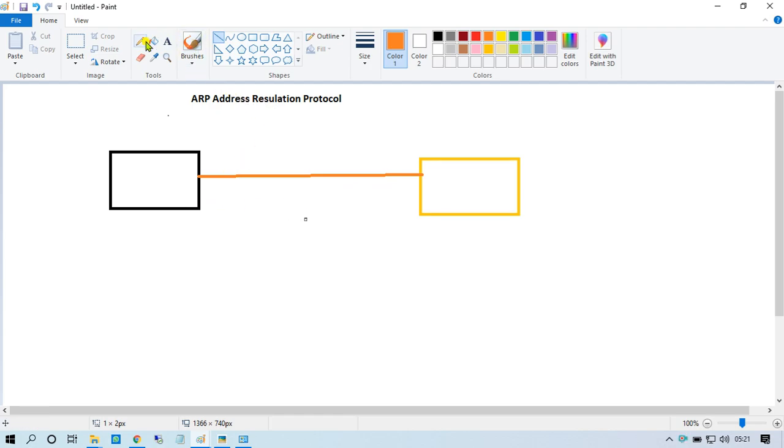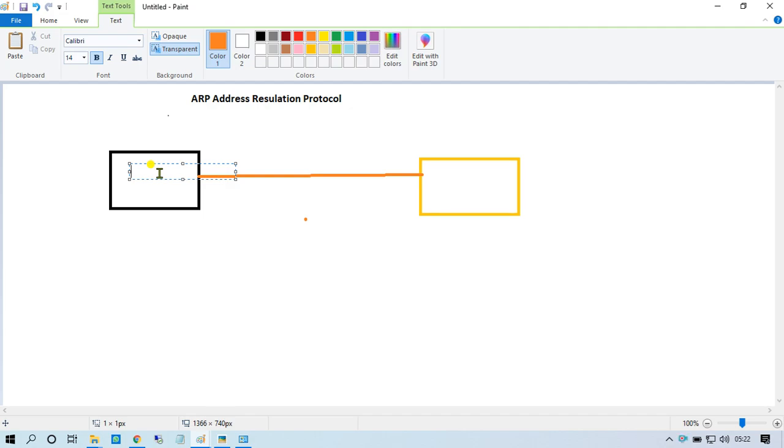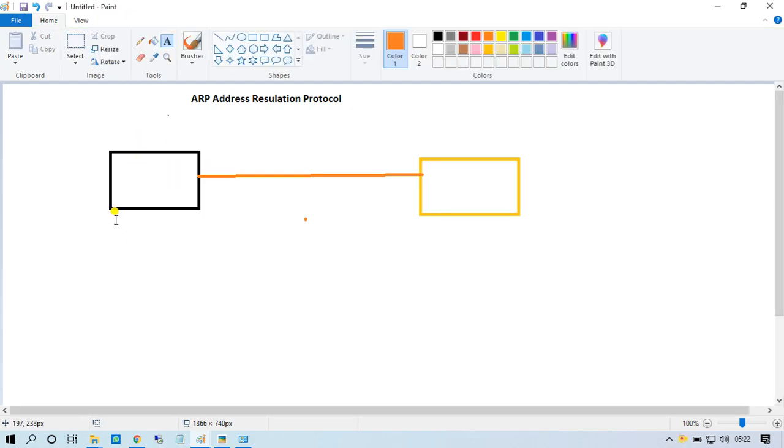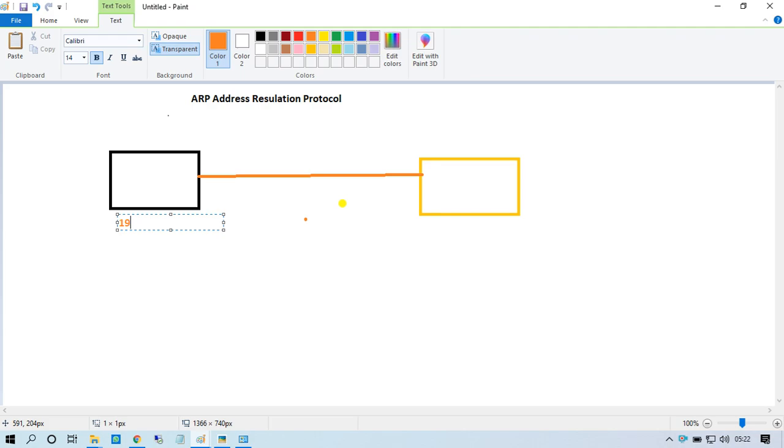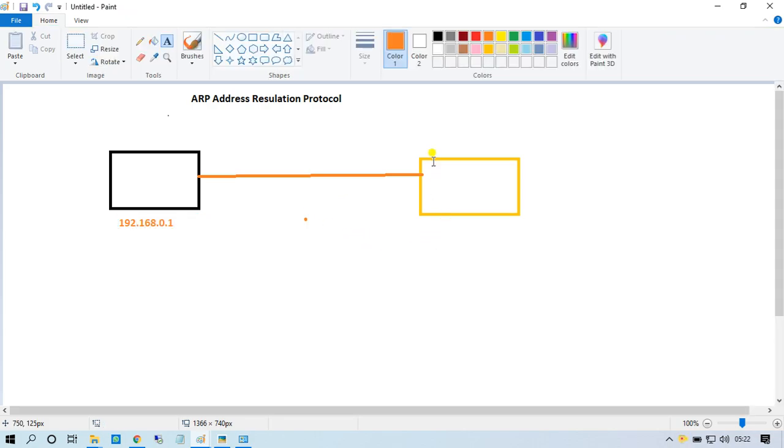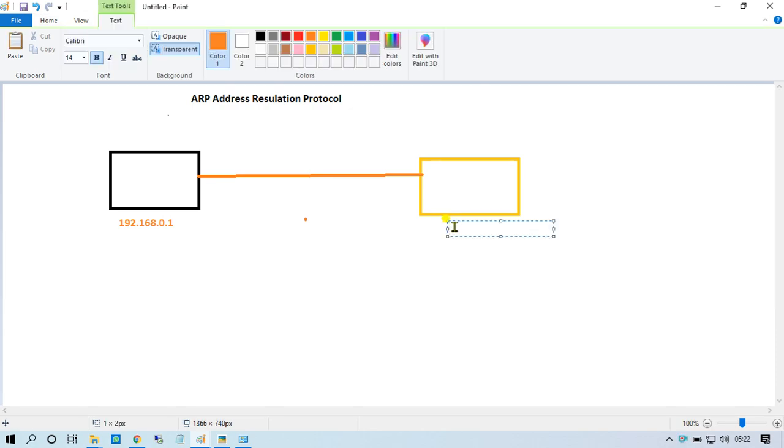The IP address of this system is 192.168.0.1 and the IP address of this system is 192.168.1.1.